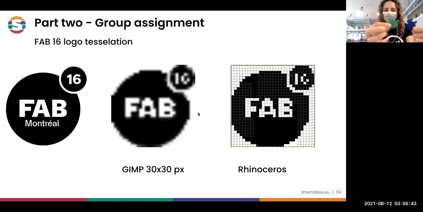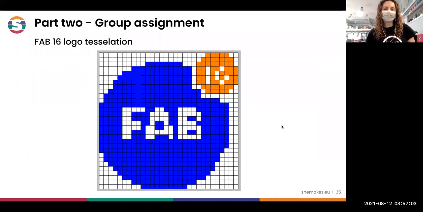We will do it with the Mickey Mouse of Takehiro Ando, and we will design it in Rhinoceros, and then we will laser cut and we will interlock them. And this is the workshop for today. And this is the tessellation we will do. We will cut in 3 colors: white, blue, and orange.